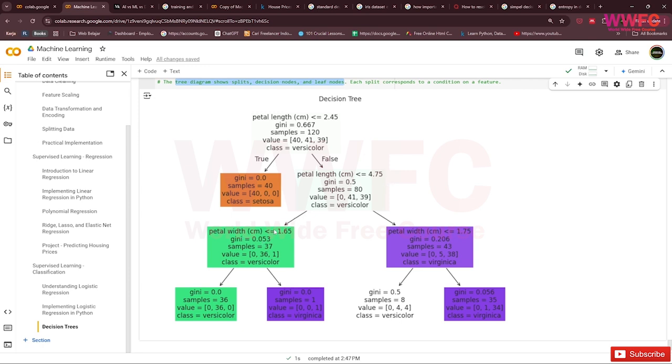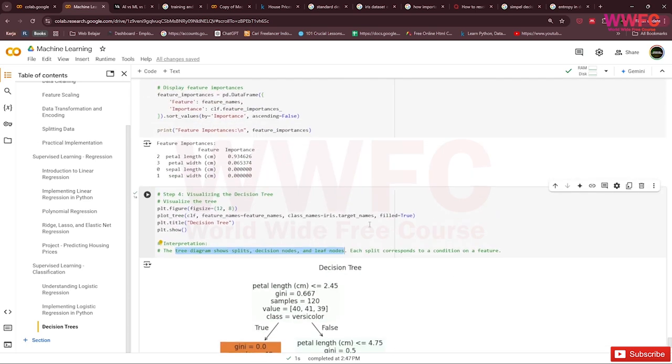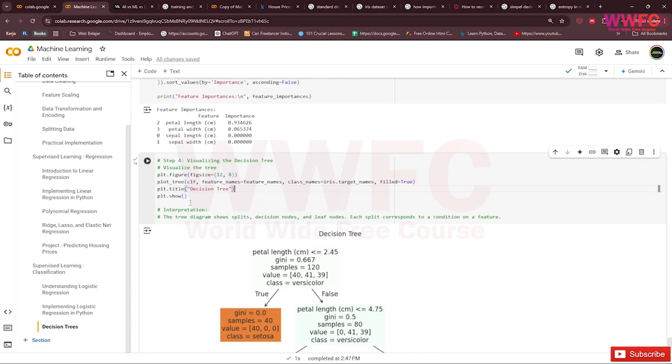But if petal width is 1.65 or less, it is versicolor, but if not, it has class virginica. And if petal length is not less than 4.75, and the petal width is under 1.75, it is versicolor, and else it is virginica. It's something like that, right? So that is visualizing the decision tree. Actually, it's just a decision tree like that.